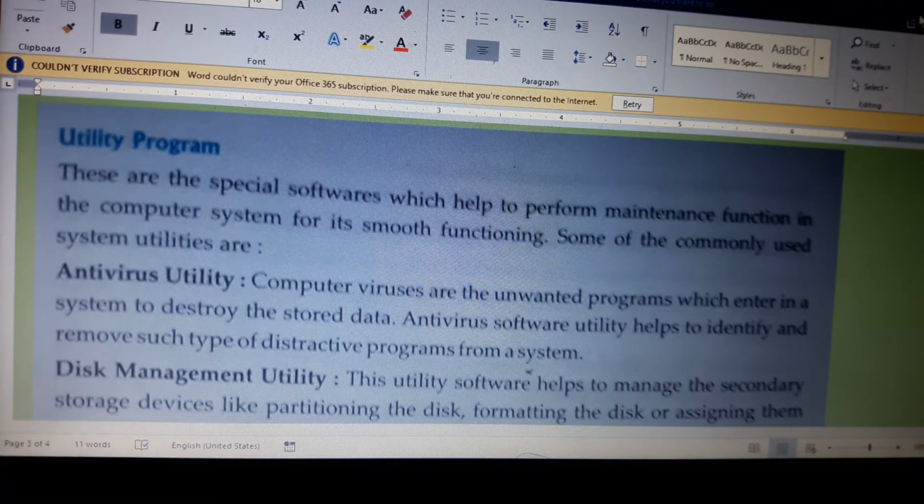Backup utility keeps a copy of our useful data on a secondary storage device, such as a pen drive or an external hard drive. During any mishap, we can restore our data back to resume our work smoothly. So we can store our files over there, and we can use them again whenever we want.